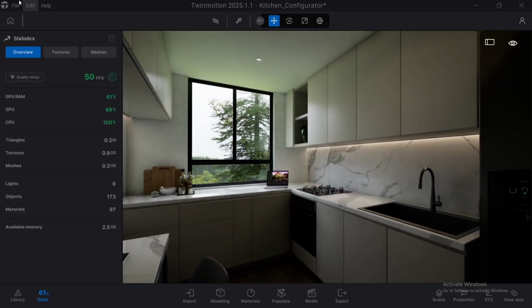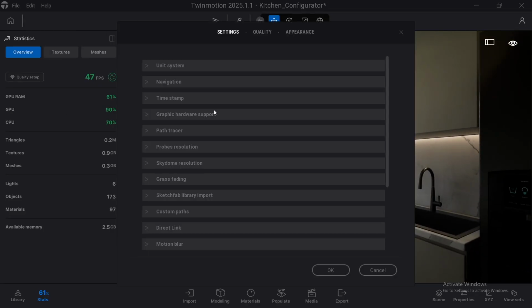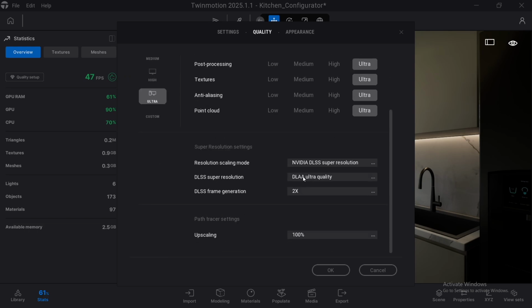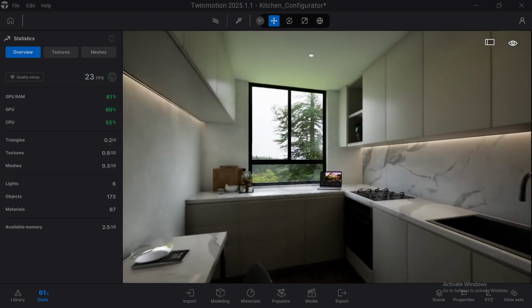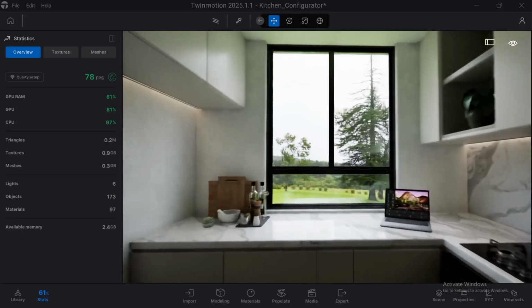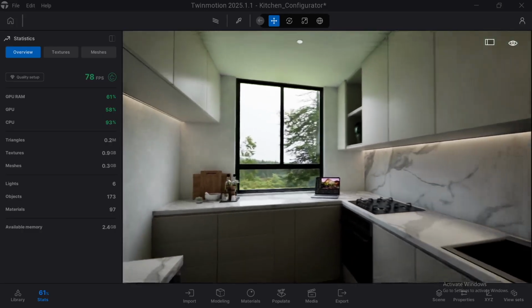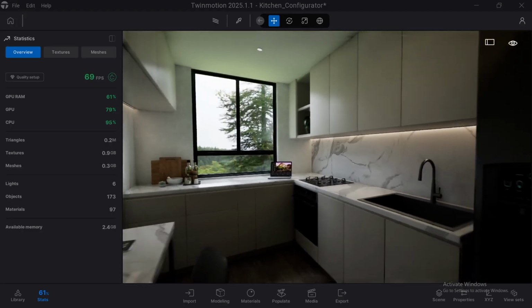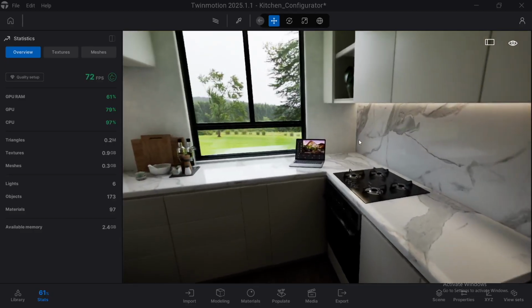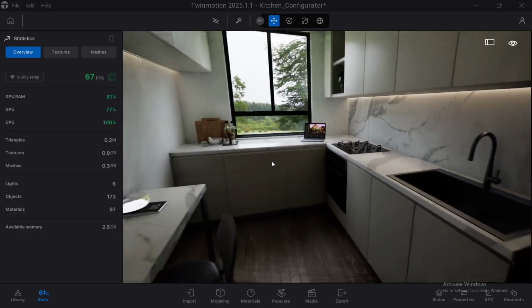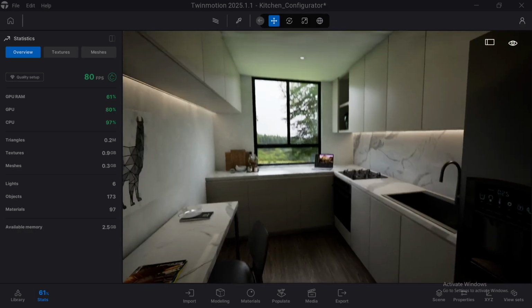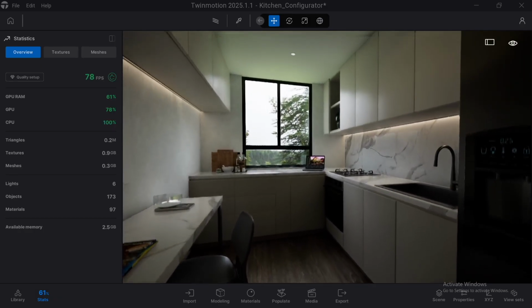I could, for instance, if I wanted to have even more FPS, reduce the quality a bit by removing the DLAA, using quality or auto, and now we have an FPS count of 78, 68, much higher, since it will all depend on how many movements you want to have inside your scene,